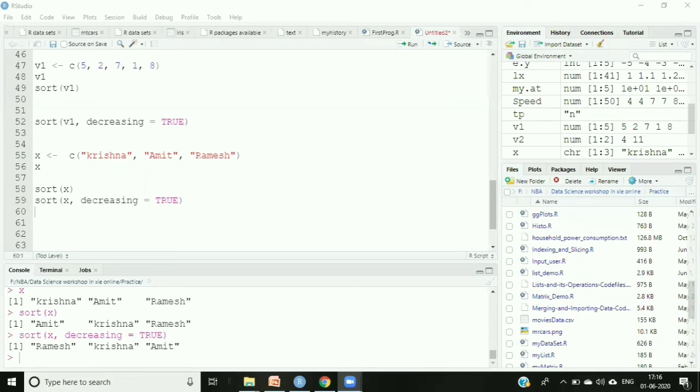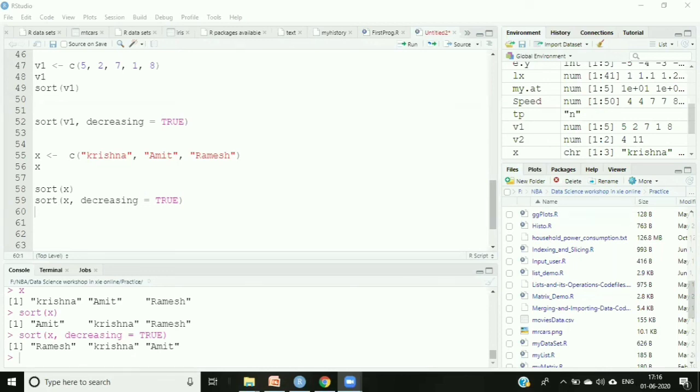Yes, a vector is like an array, but in R, an array is a little bit different kind of concept. I'll be covering that. But if you compare to C language, it's exactly the same. The vector is exactly the same as your C language array, right? It's a collection of values which have the same type of data. With the help of the c function, we can assign to a vector and have a list of elements. That's it. So it will create a list of the different elements.